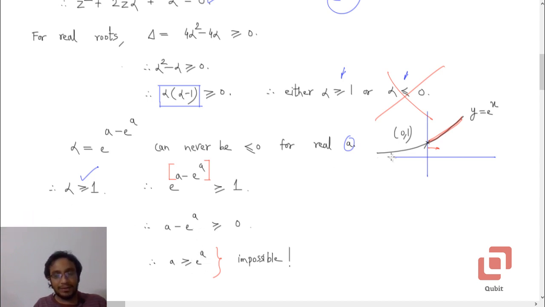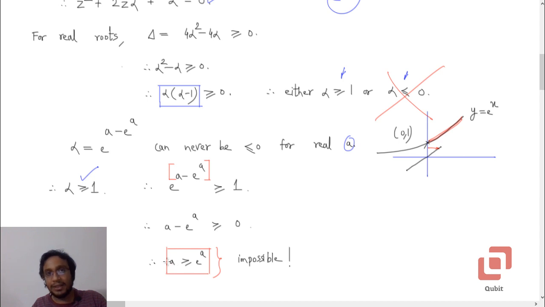If you consider the graph of y equal to x, that is going to be a line like this. Now see, at 0, when x is 0, the graph of y equal to x is below that of y equal to e raised to x, and after this the rate of growth of e raised to x is always greater than 1, which is the constant rate of growth of y equal to x, which means this graph never crosses y equal to e raised to x, it does not even intersect, which means this is never possible.